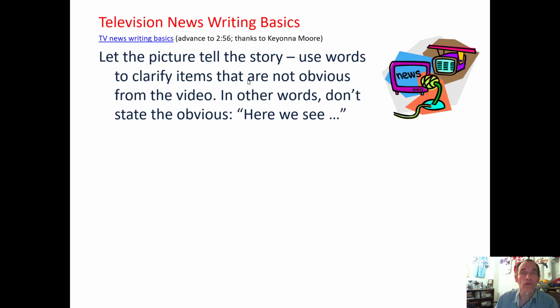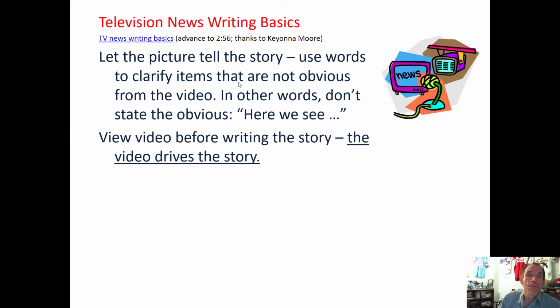If the viewer can see it for himself, or the listener can hear it for himself or herself, then we don't need to say that. So we try to avoid stating the obvious, but we may refer to what we see in the video just to confirm what the person is seeing. But the pictures drive the story